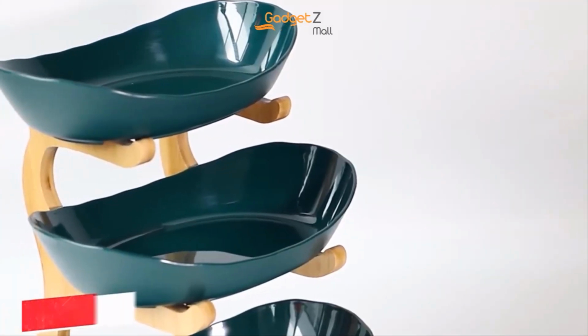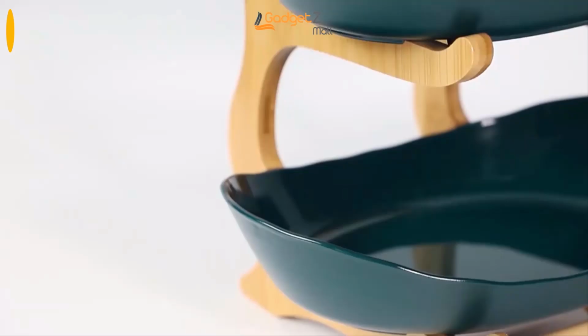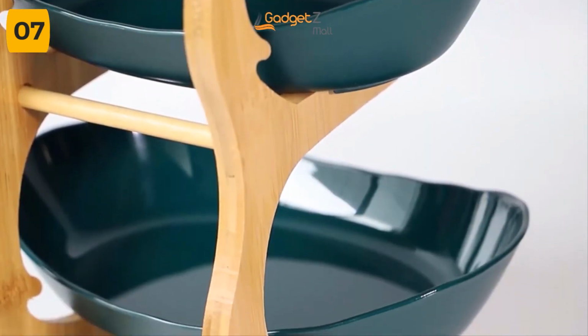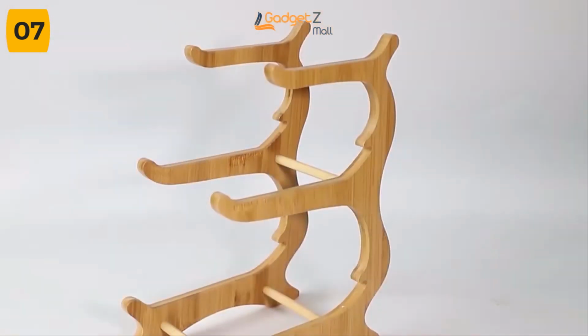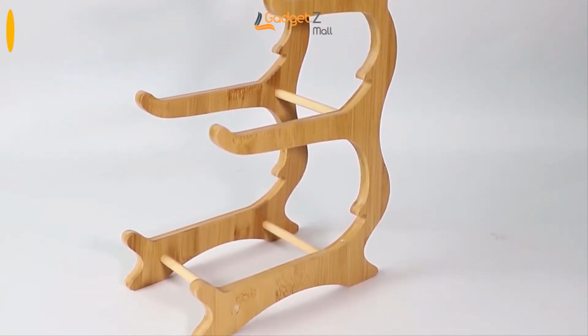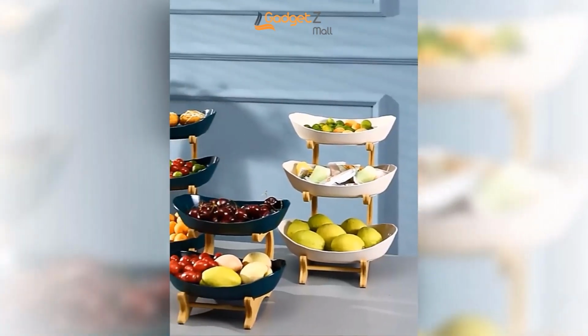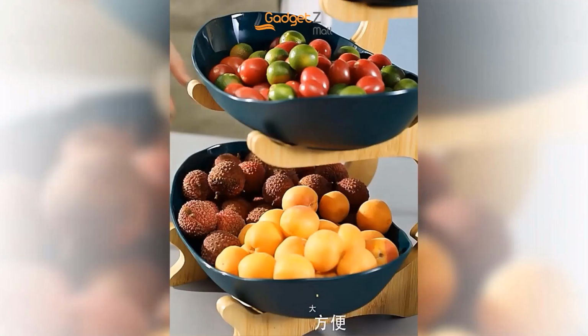Do you want a pretty fruit holder that's also practical? The fruit plate with wood holder is perfect for you. This holder is made of bamboo and wood, so it's strong and looks great in any room. There are multiple trays, so you can store all your favorite fruits, vegetables, and snacks in one place. You can use this holder for